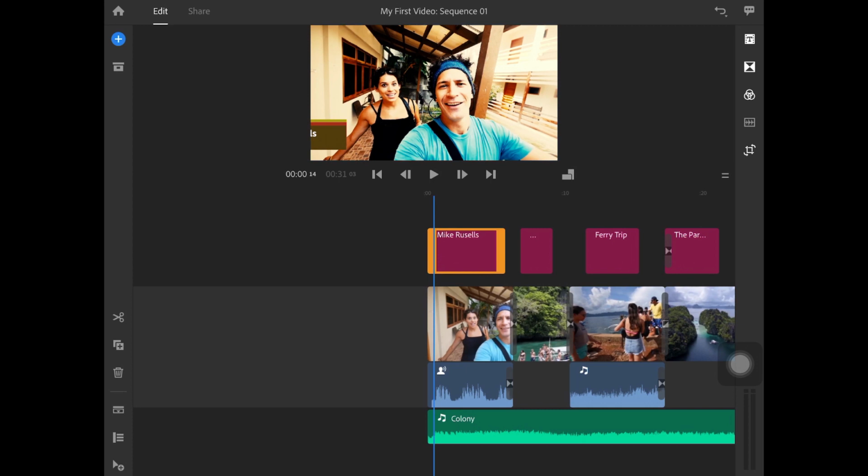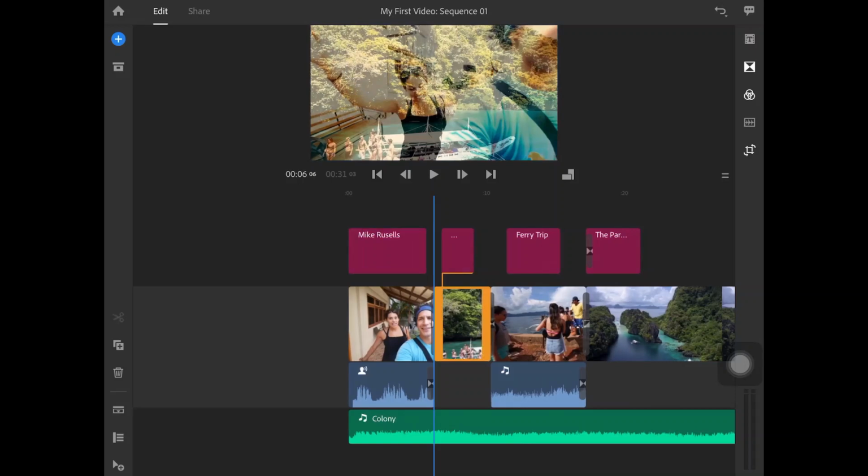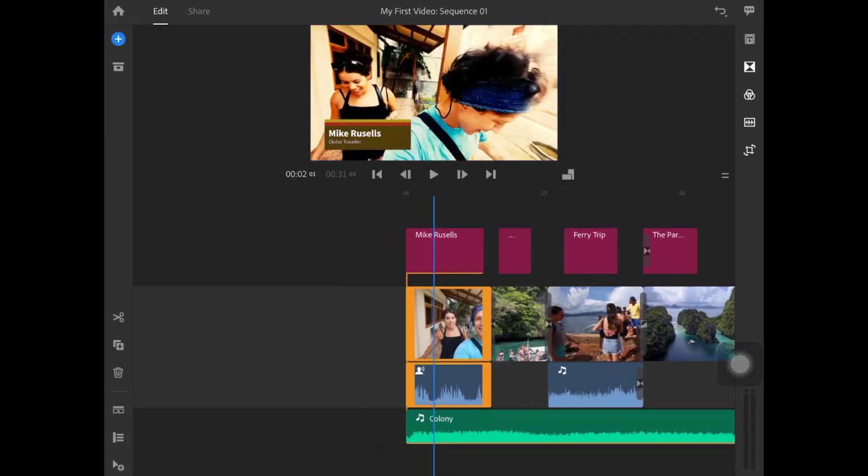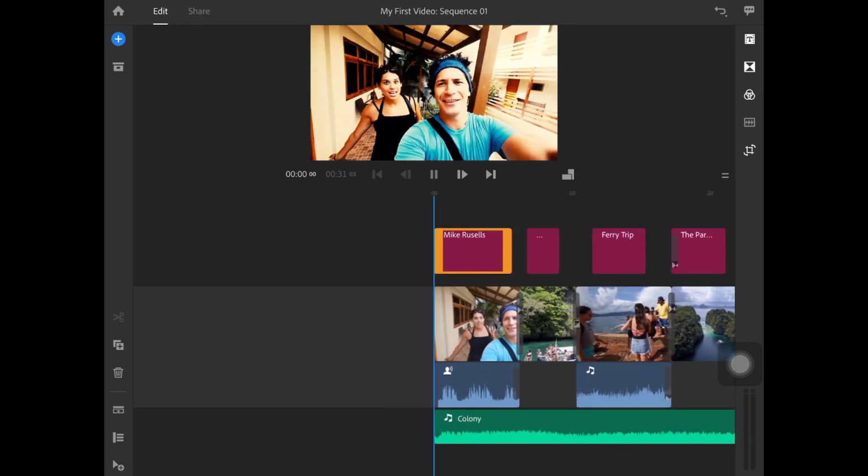In the ducking technique, ideally, if you notice my first video clip, which I selected just now, there is some audio here, which indicates that somebody is speaking in that video. But right below that in the green track, you can see there is background music going on, but it is too much overlapping. So look what happens here.